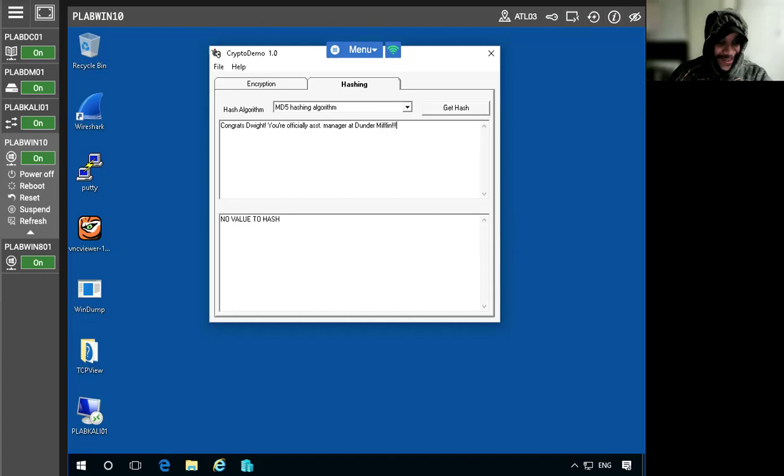So just within the top field, I wrote something a bit different, but unlike the encryption stage before, the hash will not change if we press the button. So let's do the hash. No matter how many times we click it, it's going to remain the same as far as the hash value,